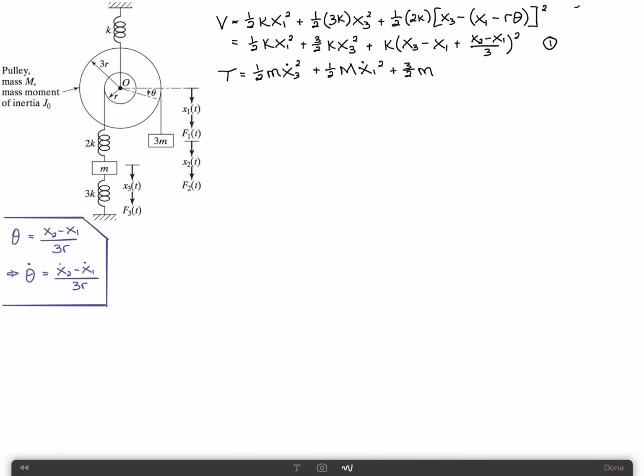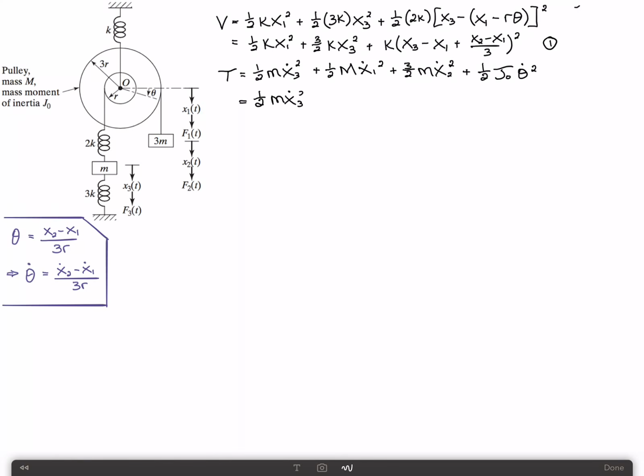And that is coordinate x2 dot, the velocity of that, x2 dot squared. And now, since this pulley has rotary inertia, we need to include that effect as well. And that would just be plus 1/2 J0 times theta dot squared. But we have an expression for theta dot, which we can substitute in there. So rewriting it, it's equal to 1/2